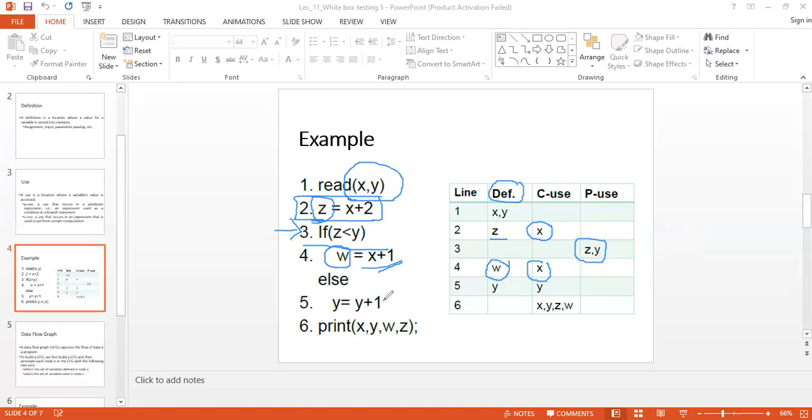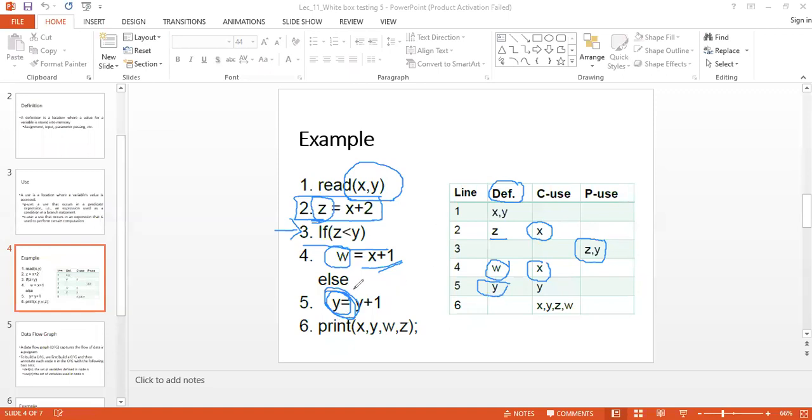Then we have y equals y plus 1. So we can consider this: since y is there, we can tell that y is updating its value.